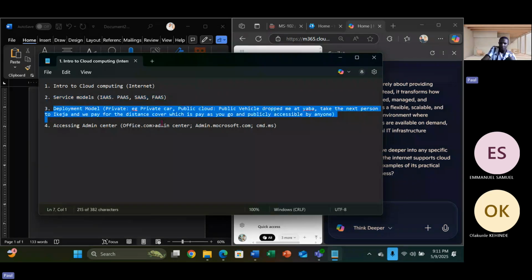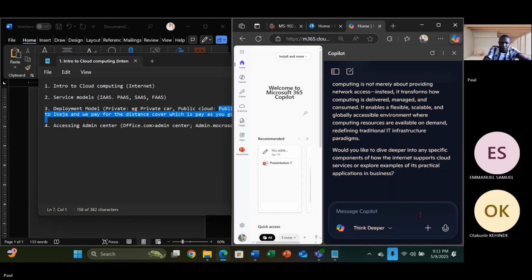We have even done all of this, right? I've done all. Okay, now another thing is real life scenario. You see public vehicle take person at about this. And I say real life scenario, because you remember that your facilitator has mentioned that a bus will take you from Yaba to this, charge you differently from a person going to Ikeja. You now say, okay, real life scenario on public cloud